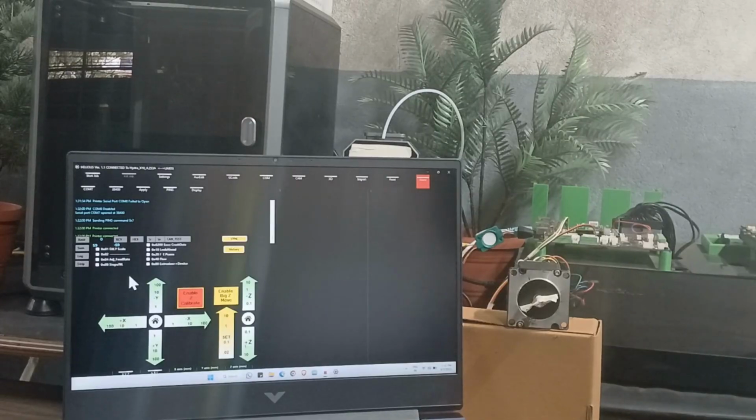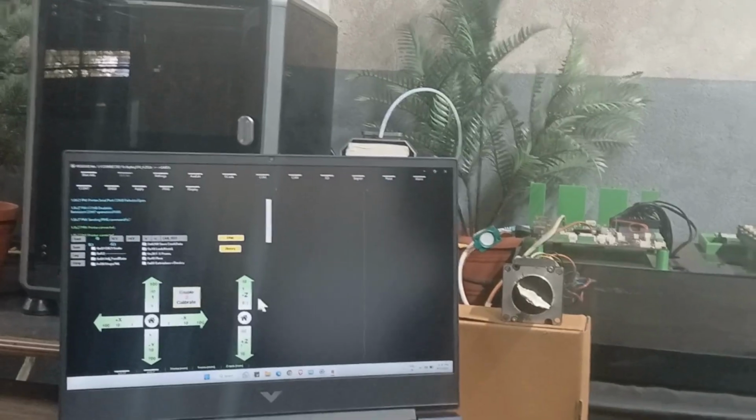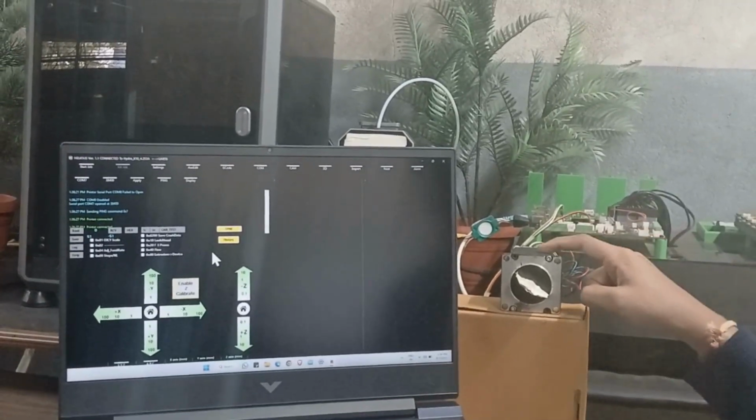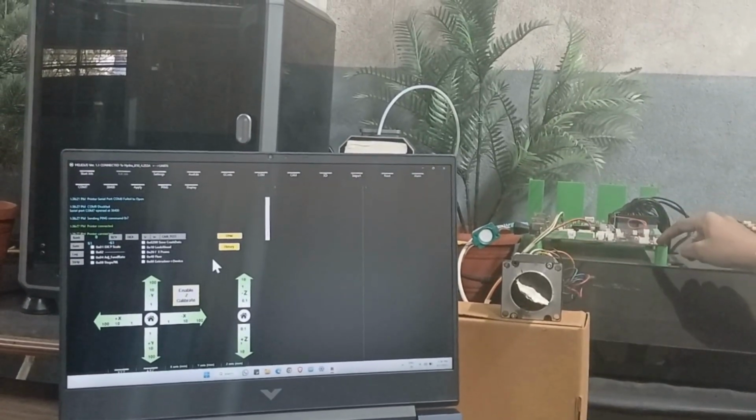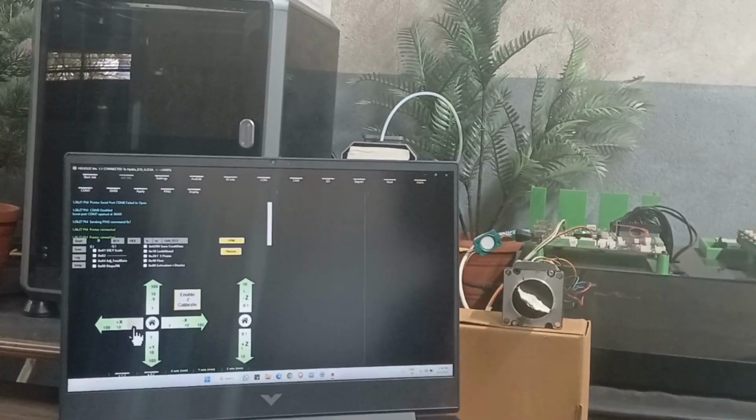Now we have connected our COM, then we have set the baud rate and applied it. We have connected our motor to the X axis. This motor is connected to the testing panel's X axis. You can see if I give small pulses, that is 1, the motor rotates a small amount.